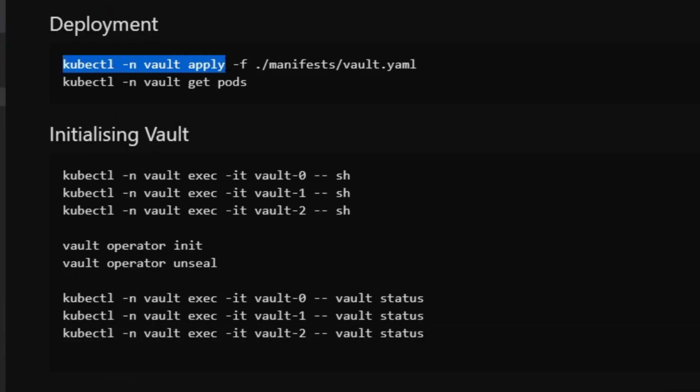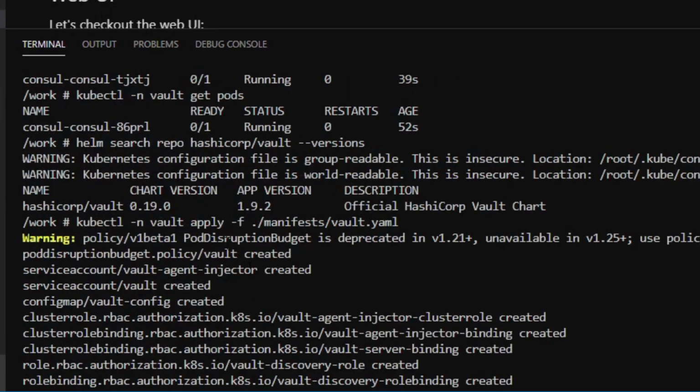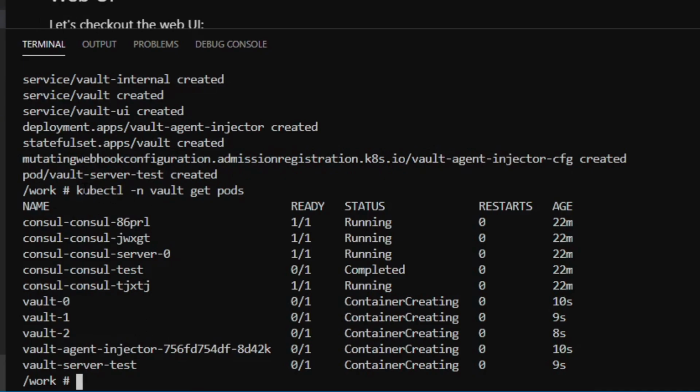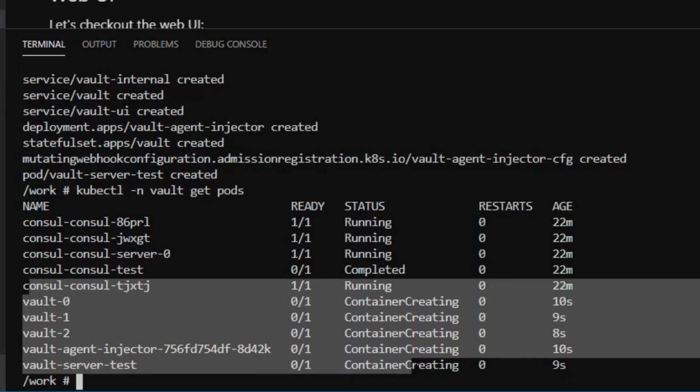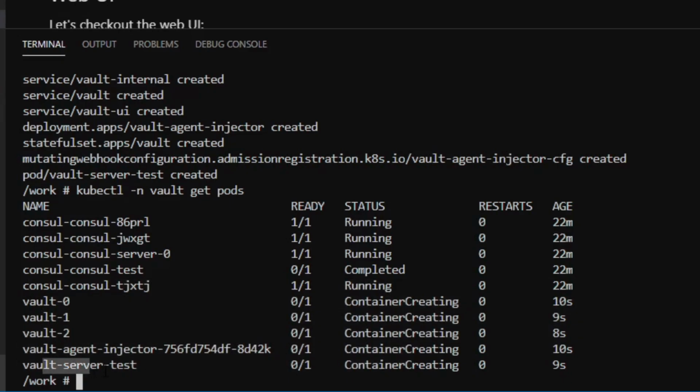kubectl in the Vault namespace apply -f and apply the Vault YAML file. We go ahead and run that, and we can see it's created all the components we described in the YAML file. We say kubectl in the Vault namespace get pods. We can see all the pods are now coming up. We have Vault 0, 1, and 2, as well as the injector, as well as the test pod to make